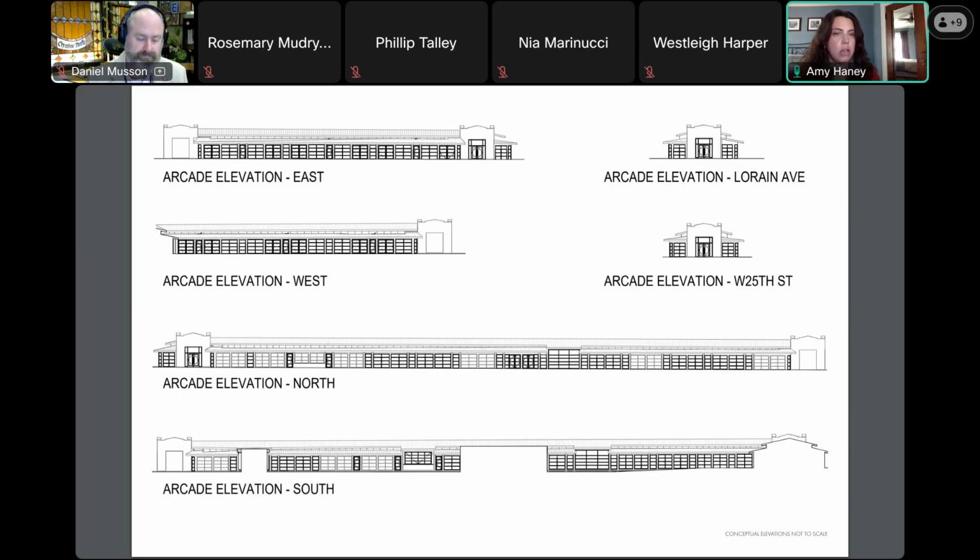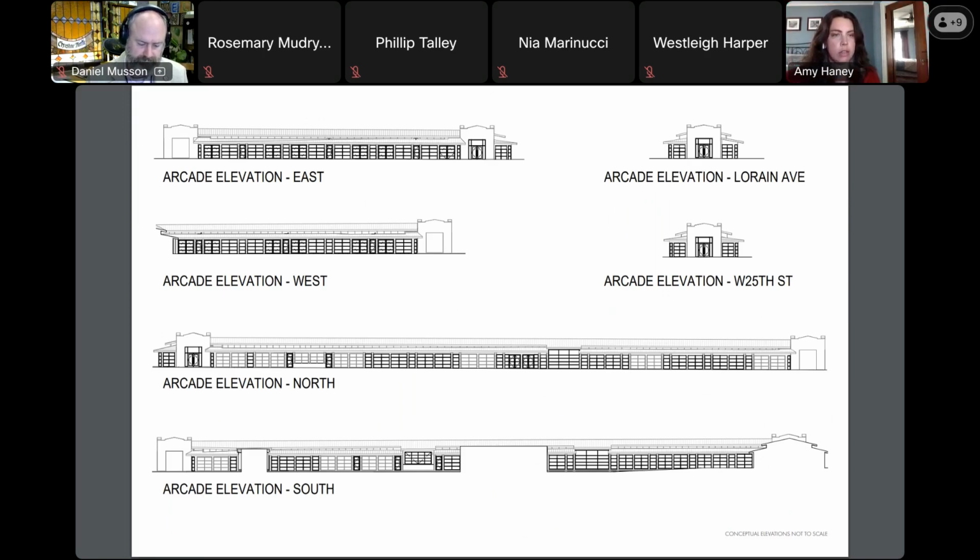So this is showing the proposed windows and storefronts and garage doors for the East Arcade and North Arcade. The East Arcade, you can see probably not in the screen, but the swing door locations. And then on the North Arcade, you can see where the connectors are coming in, and then the garage door locations. We are proposing one of the garage doors on the courtyard side to land on a bar, so that bar could be interior and exterior facing.